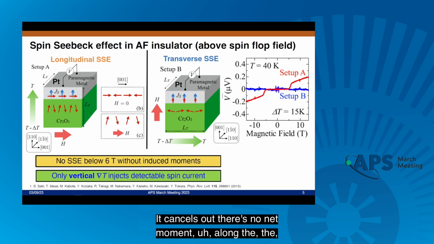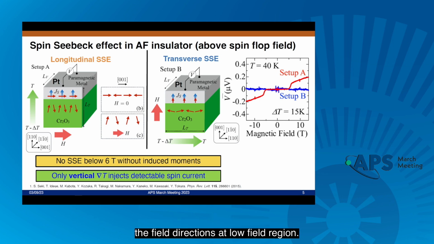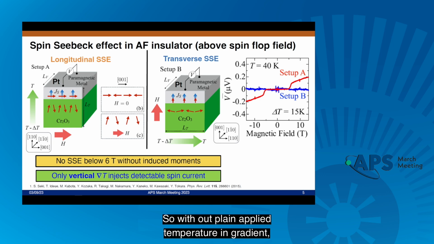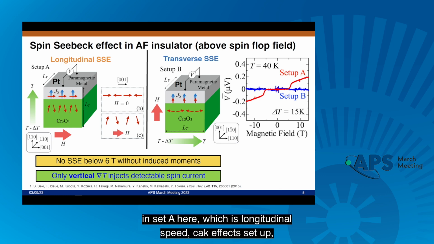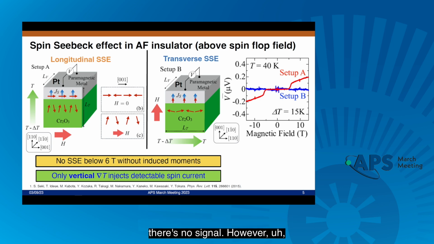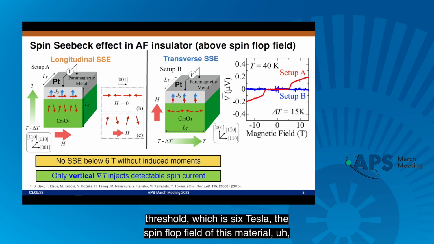other. It cancels out. There's no net moment along the field direction at low field region. So with an out-of-plane applied temperature gradient in setup A here, which is the longitudinal spin Seebeck effect setup, there's no signal. However, in chromium oxide, if you apply the magnetic field along the c-axis above a certain threshold, which is 6 Tesla,